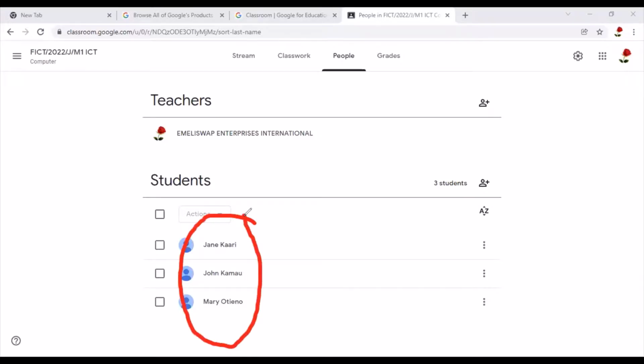These ones will attempt that question or that card and then they will do their submission, and then we are going to look at what they will have scored, and then we shall download their results and also send them the same results. That's the results that we have gotten. And therefore, for us to do that, we are going to click